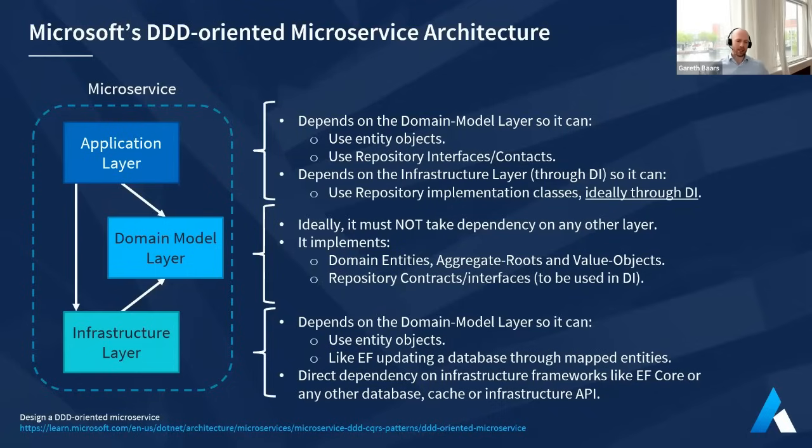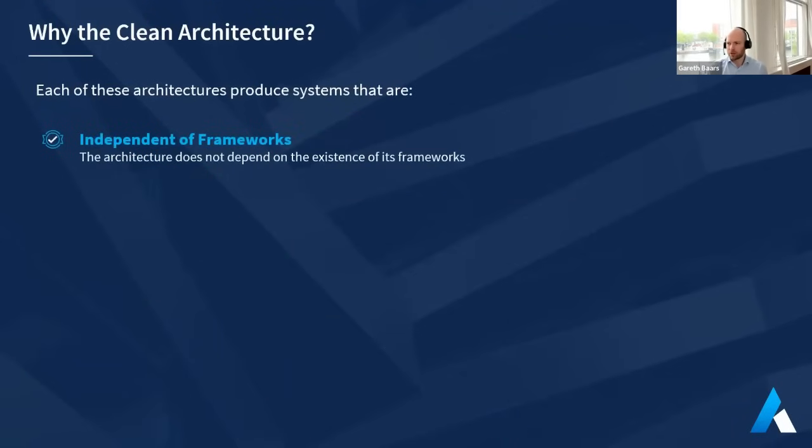And DDD, in a lot of senses, is quite a purist approach to building out software systems in an object-oriented language. But let's just talk quickly about what the clean architecture brings to the table and why we ultimately want to use it. And so all of these architectures that we've discussed, the clean architecture, the onion architecture, the snowman architecture is another one that has very similar principles. All of these bring forth a set of very important